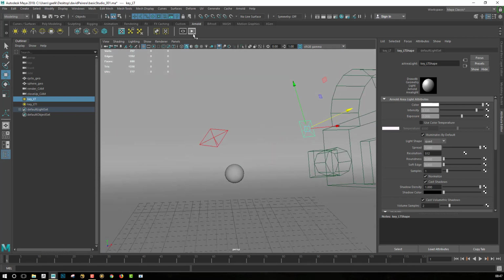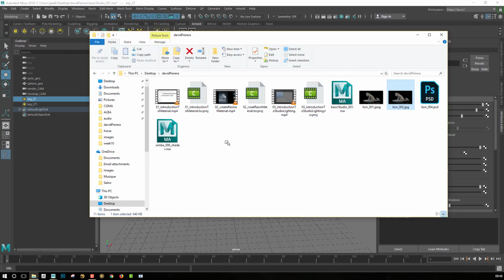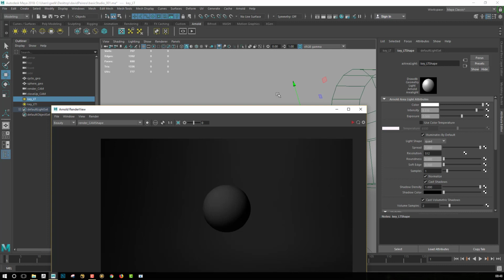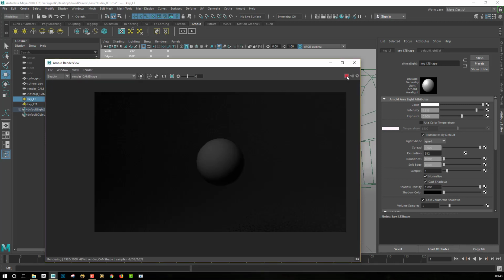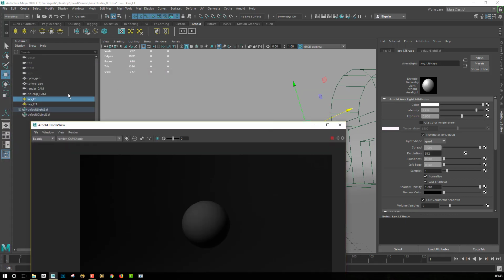I will go back into my render, into my IPR, my rendering engine. Where is it? Okay. Click on the play button if it's not rendering for the moment. And then I will be able to select my light. So this one will be the key light, and this one will be the background light. So I will just select the background light and raise up its intensity.